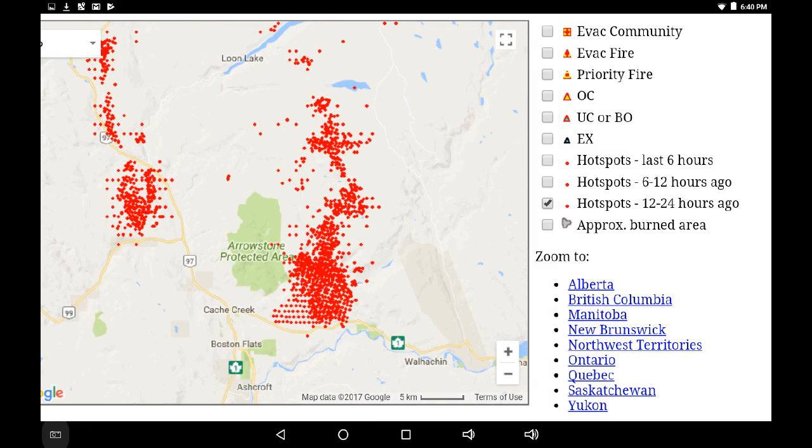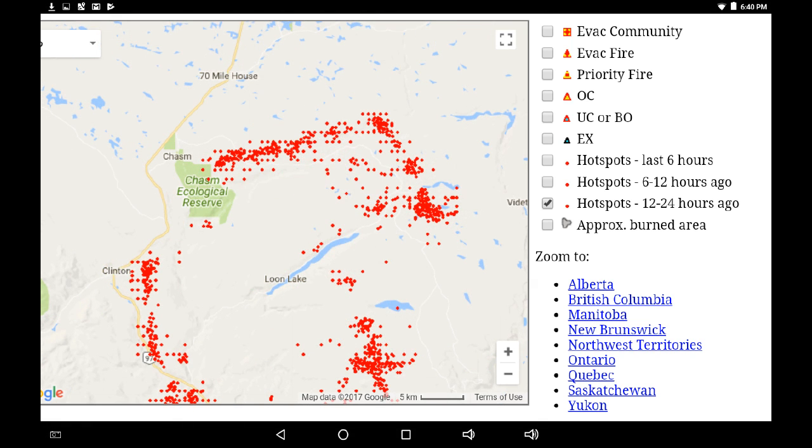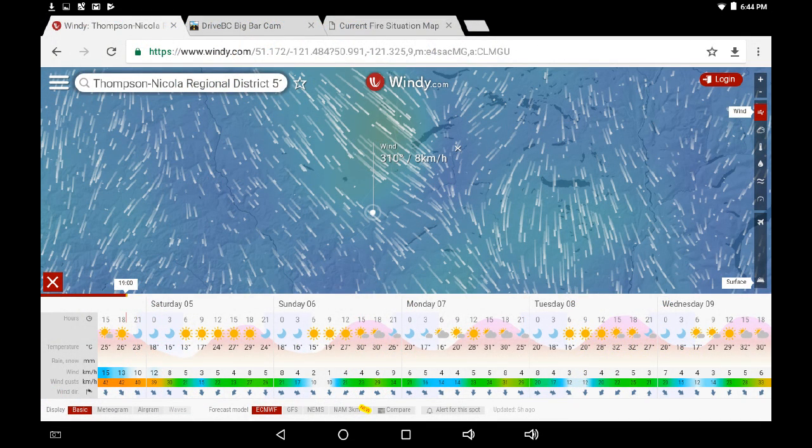Okay, this is looking just at what's been at least 12 hours old. So we know what happened 12 hours ago. That's the south section of the Elephant Hill fire. This is the north section, the north flank. This is what happened 12 hours ago. So these are hotspots that were existing within the last 12 to 24 hours. So I'm going to go back, do some analysis, go through 6, 12 hours, and then come back and post